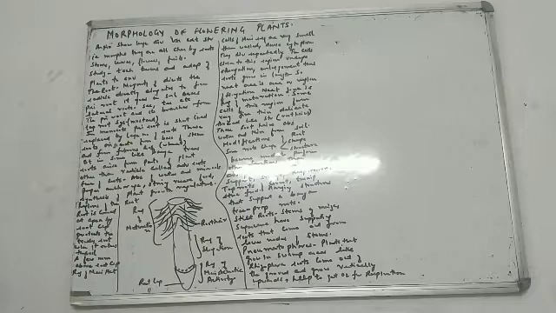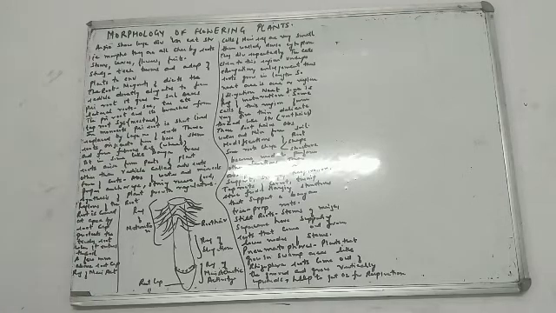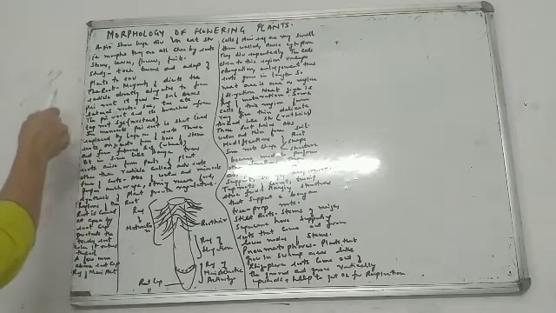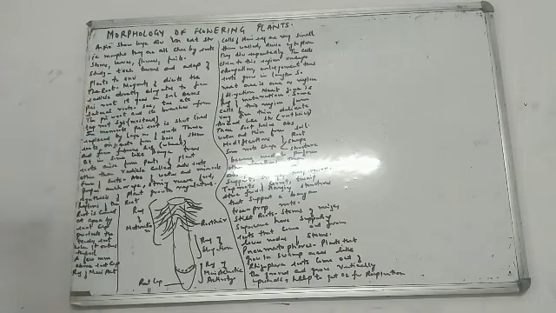Morphology means external structure. There is a lot of variation when it comes to the morphology of angiosperms. But one thing which is the same, which is common for all angiosperms, is that they are all characterized by roots, stem, leaves, flowers and fruits. I will be taking up all of them separately. Today in this small video, I will be taking up roots.